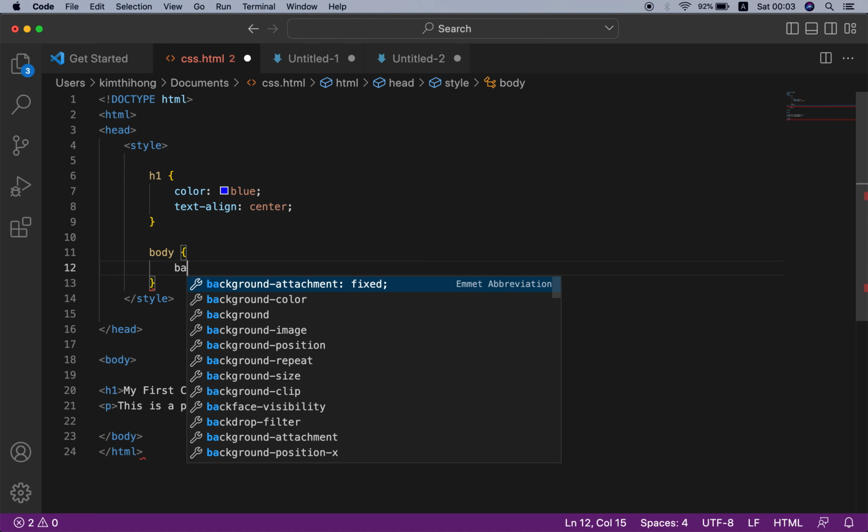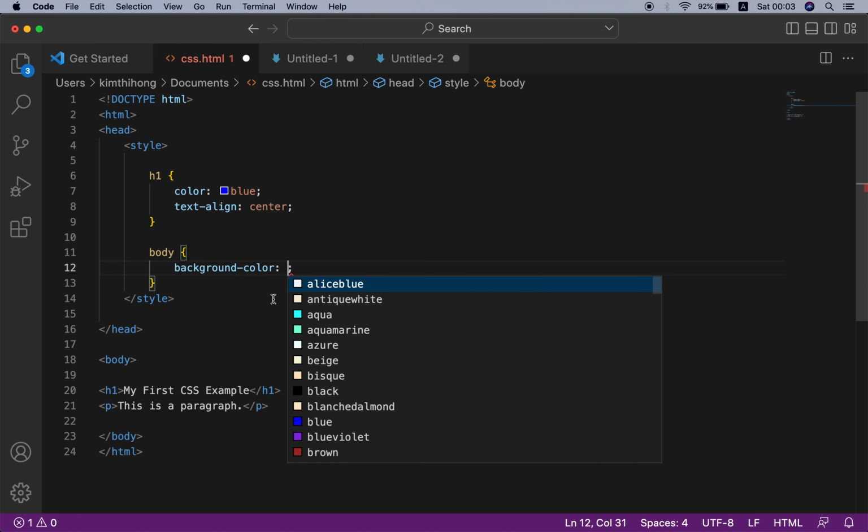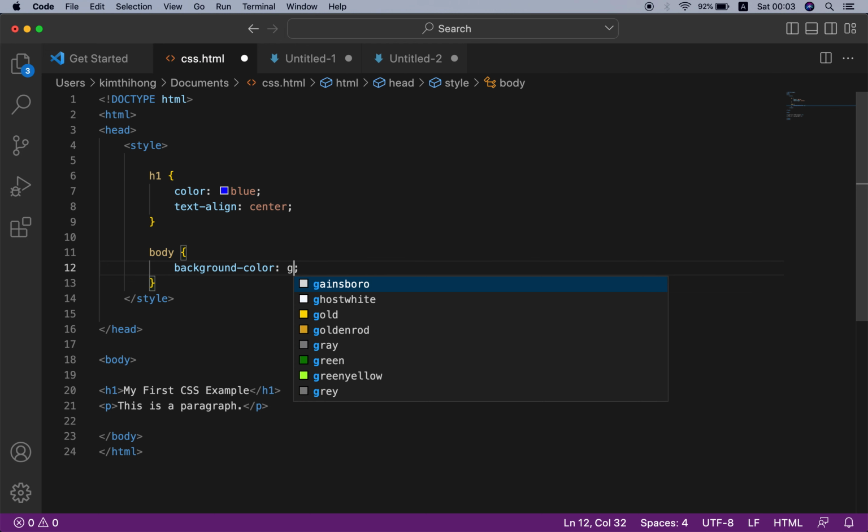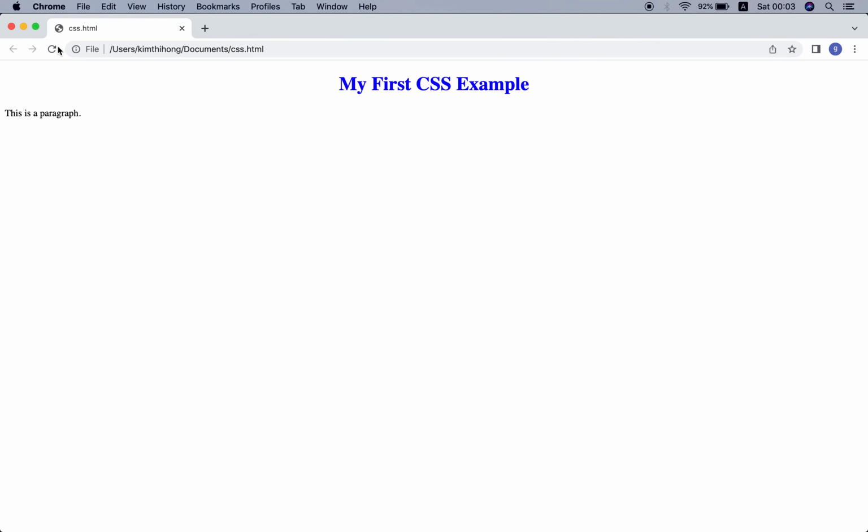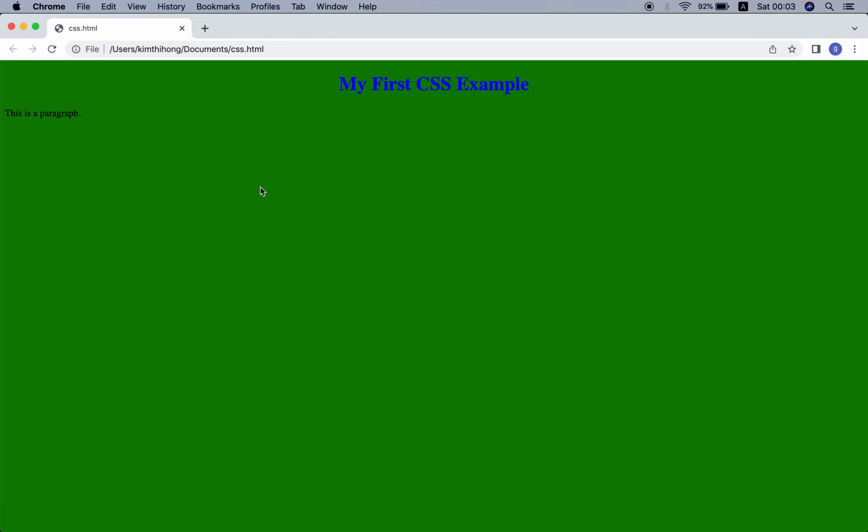Background color is the name of the CSS property, and after that the value. Maybe some green color. Okay, now save this and check in the browser.